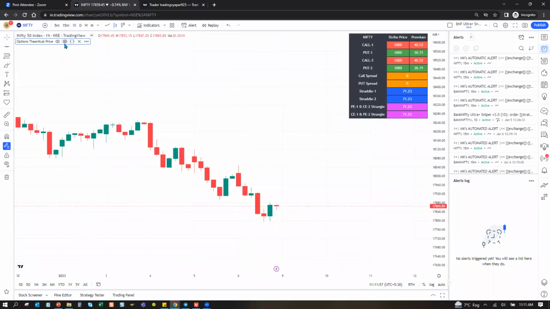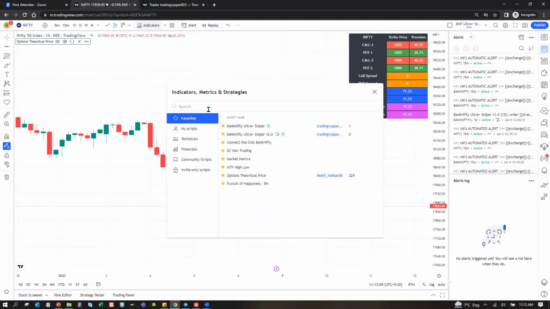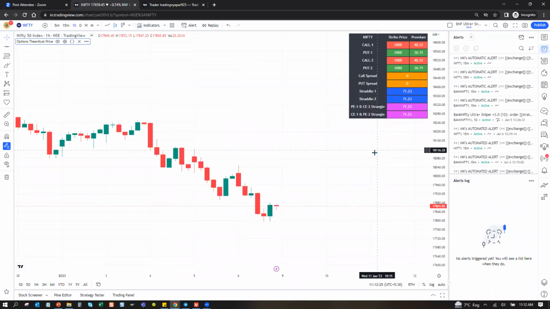What this indicator is about, I will tell later on, but now I just wanted to tell how to find indicators and mark them as favorite. Very simple. Go to indicators, type, find your indicator, mark it as favorite. It will be here. You can search. There are 1,000+ indicators available in TradingView that people have coded and published. Some are good, some are bad. I leave it to your judgment to figure out what is good, what is bad.